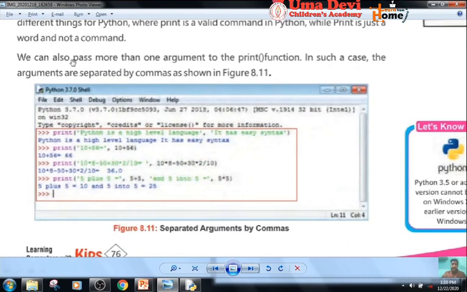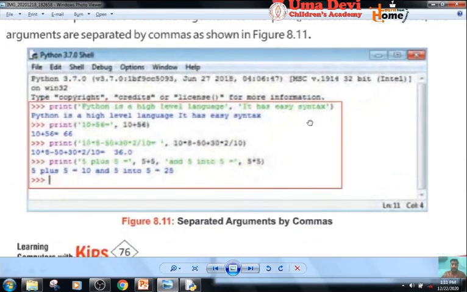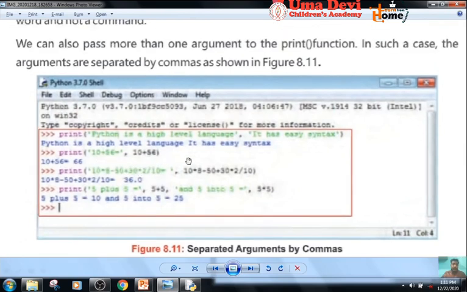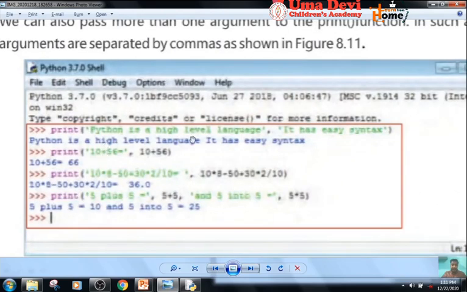We can also pass more than one argument to the print function. In such a case, the arguments are separated by commas as shown in figure 8.11. Look at here, in the figure, they have used two arguments in the print command, separated by a comma.